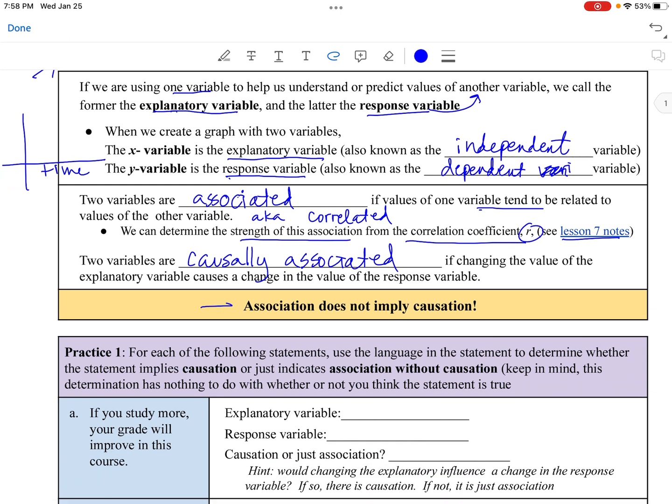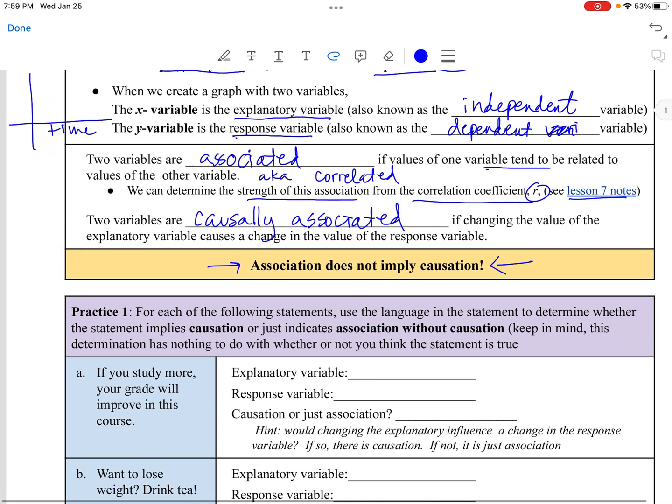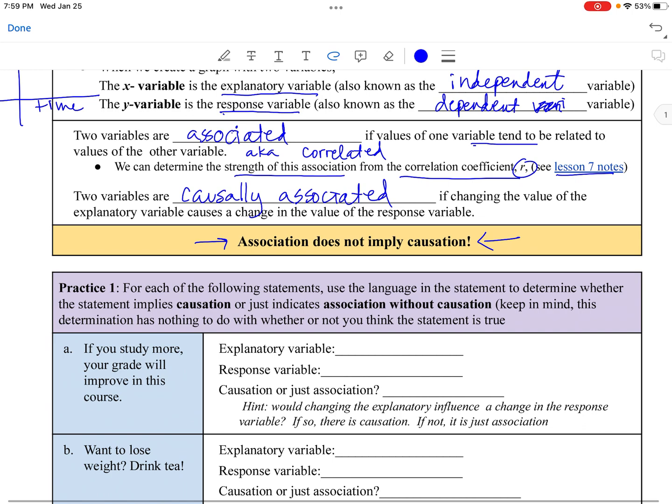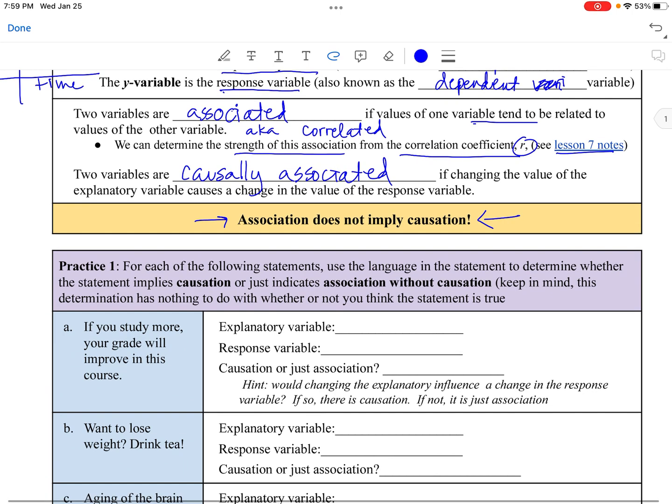This is a really important theme of this lesson. Just because two variables are associated doesn't mean that one variable is causing the other. So association doesn't imply causation. Sometimes they're both associated and causally associated, but sometimes they just happen to be associated,